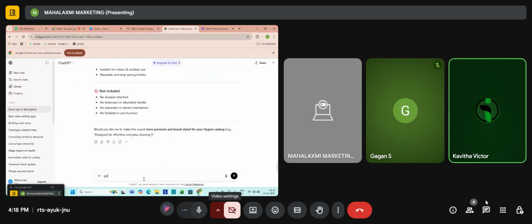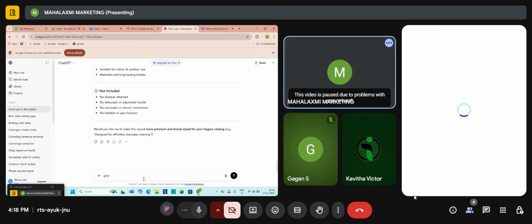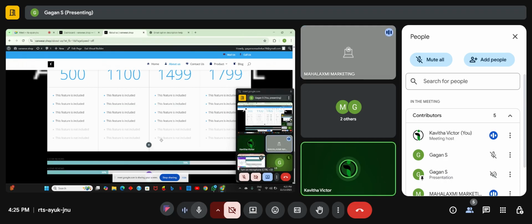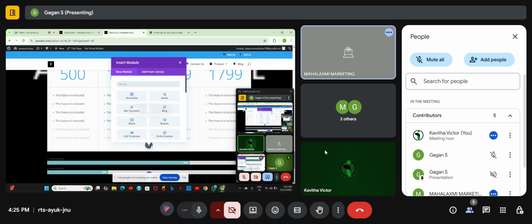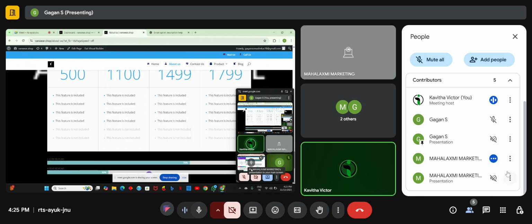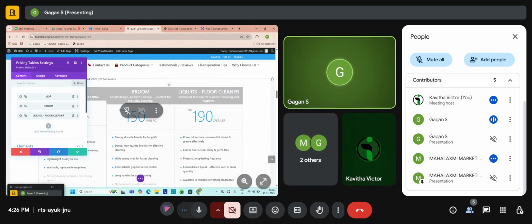Gagan, share your screen. Okay. Add the new module. Ma'am, I have added features, how to change this color? What happened? Which features? One minute, I guess it is Gagan's screen. Yes, ma'am. Mine is an address, so there won't be any features required, so I didn't add it. Okay, Shivam, add a new module.